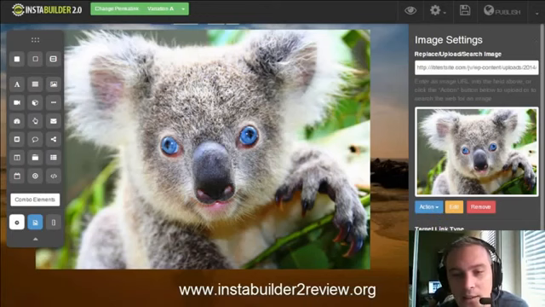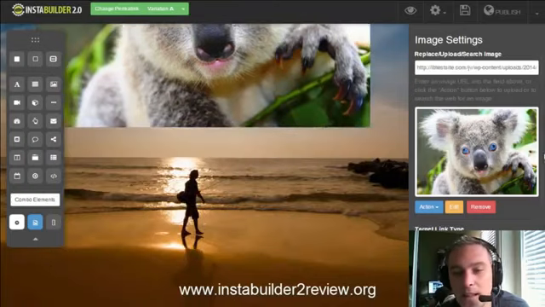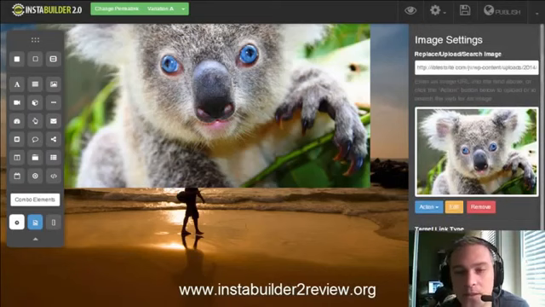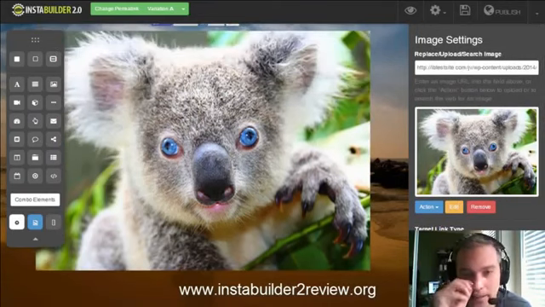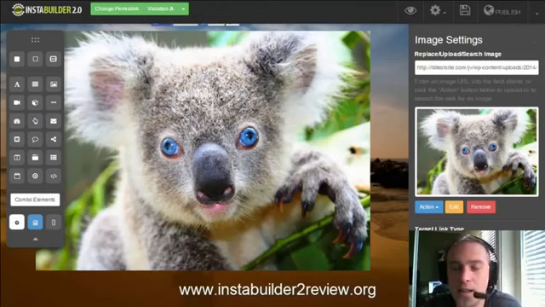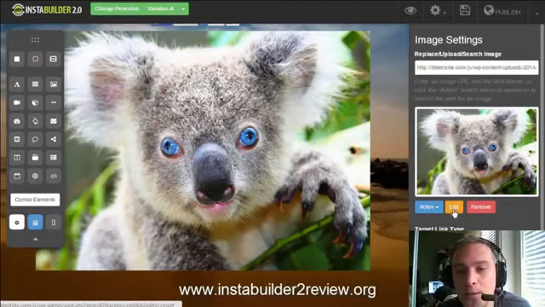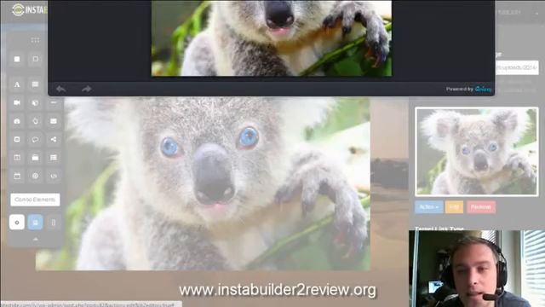So you can have this in a pop-up. If people click on it, it can go to a URL. You can add a caption if you wanted to, and do whatever you need to. But this is the cool bit. They have an API for an editor, and if you've got the API, it's apparently free. You click here, and it's